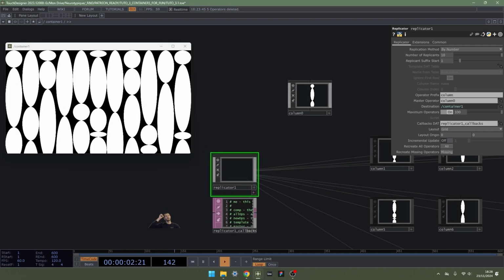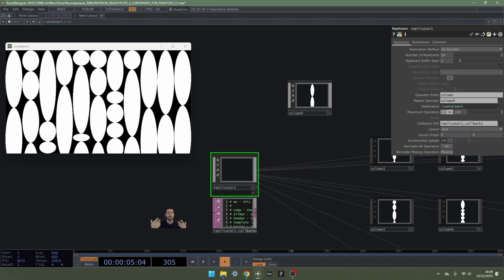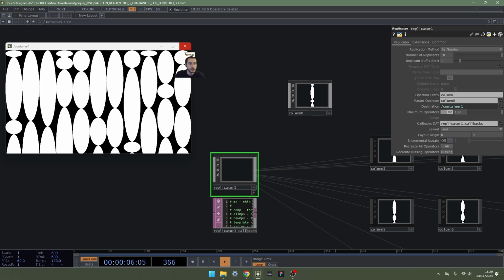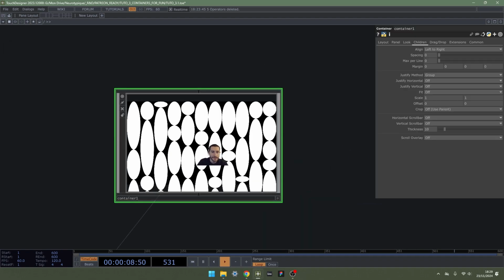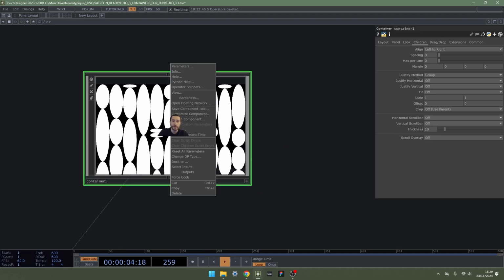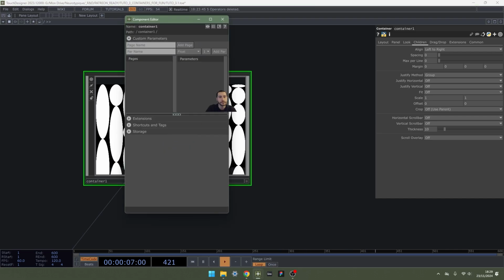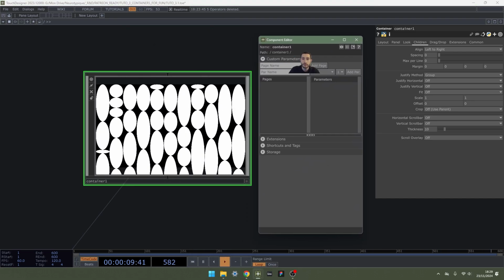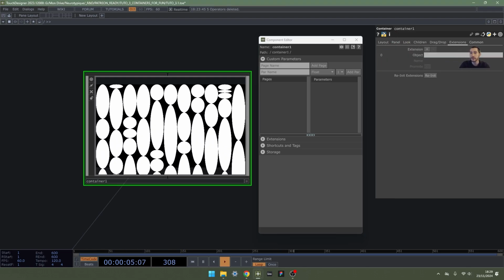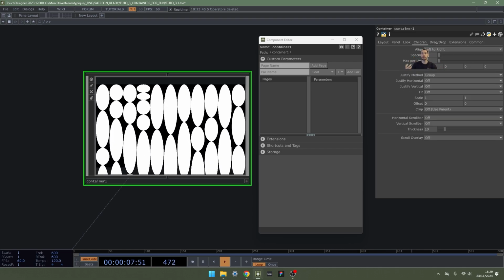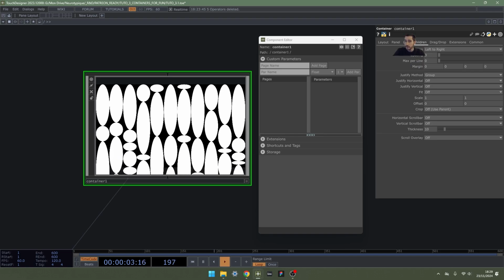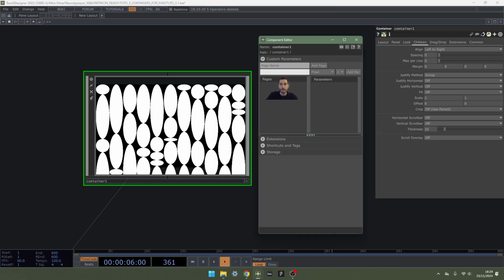What we can do, to have a more convenient tool, is create some macros. So let's go into our main container. This container, we can right click and customize component. Now in customize component, you see we have our container, and usually the tabs just come with the operator. You have all these parameters to go through, nothing else. But actually, it's not like nothing else. You can customize these components.